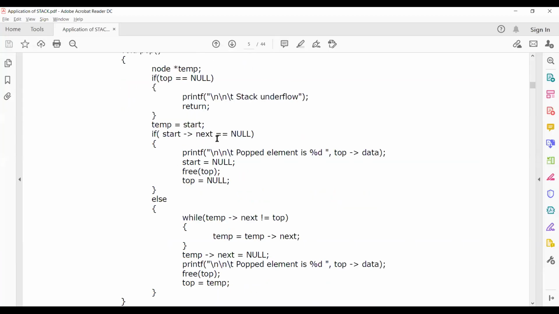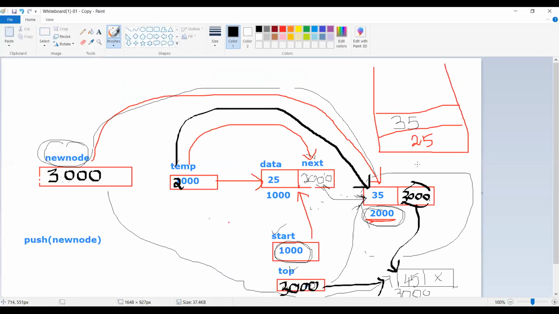Same thing. So I have to iterate, right? So what is the only way I can track the stack? The only way I can track the stack is using the start variable only. I have to start from the bottom. It will be here also. I'll update it to 45. It will be 45. See, if I want to access the stack elements, the only handler for me is that start pointer variable only.